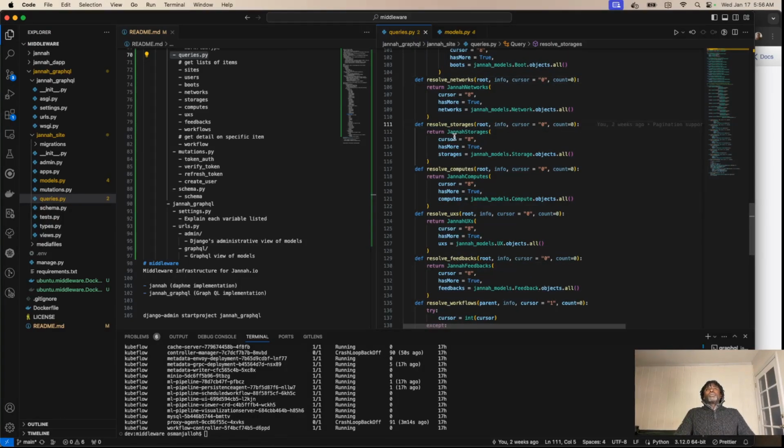Let's take a look at the storage resolver, the resolver to resolve all your storage related questions. If you notice here too, it says from the Django models, pull data from